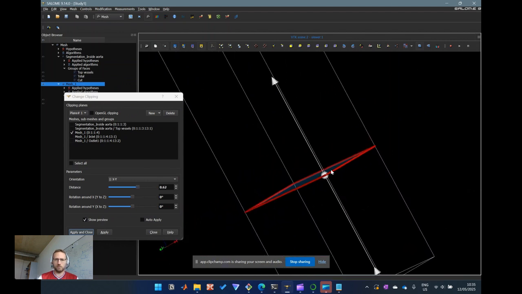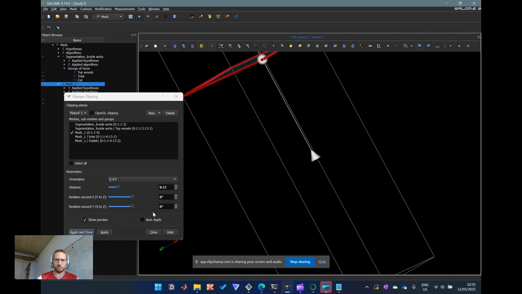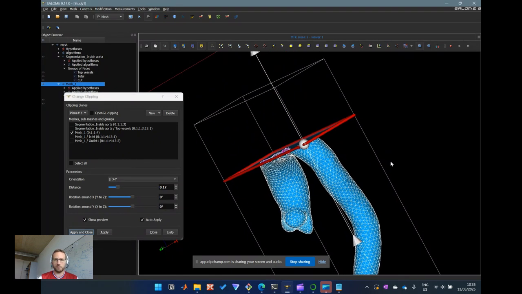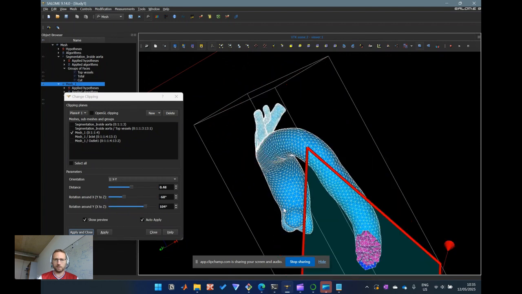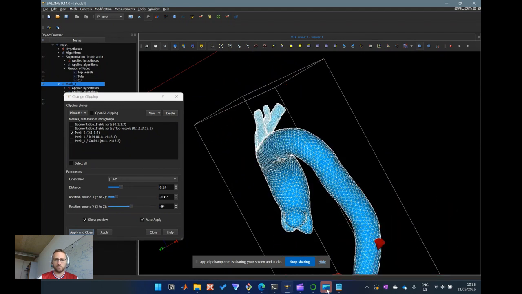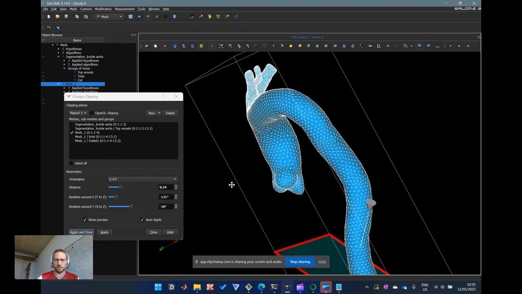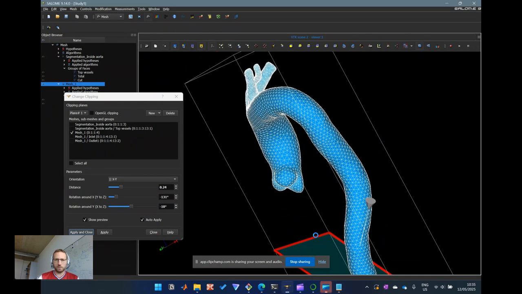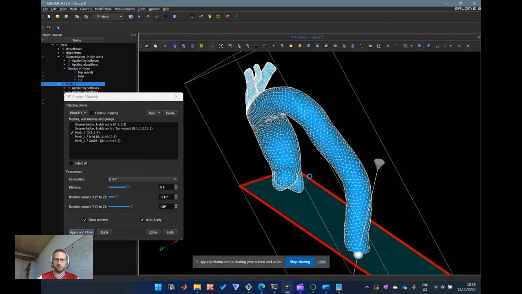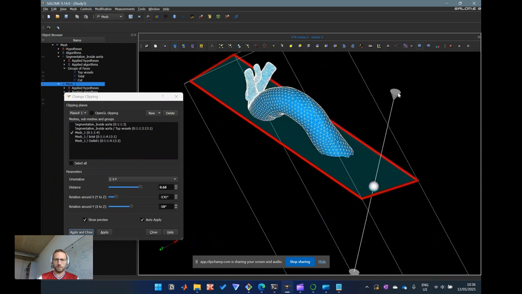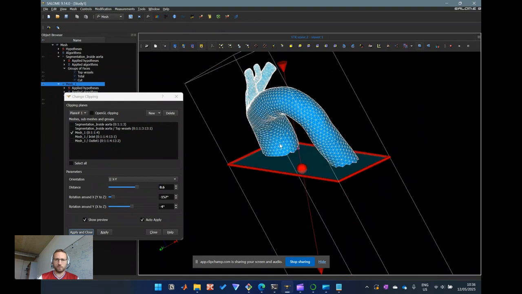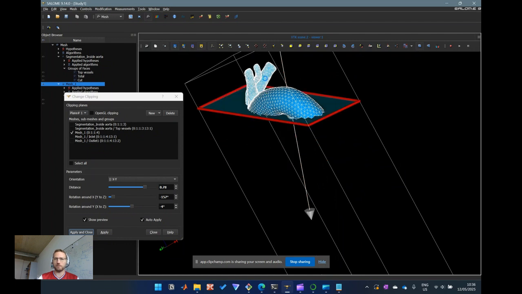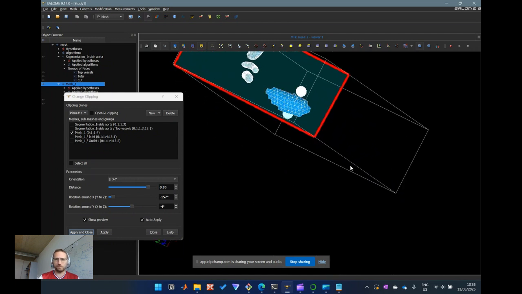And clipping would just help us to select only the part that we're interested in. So that's why we use the clipping, otherwise it can be hard to select the part that we are interested in. Even with the clipping, sometimes it can be hard. So